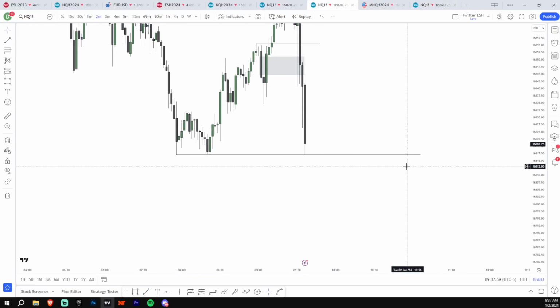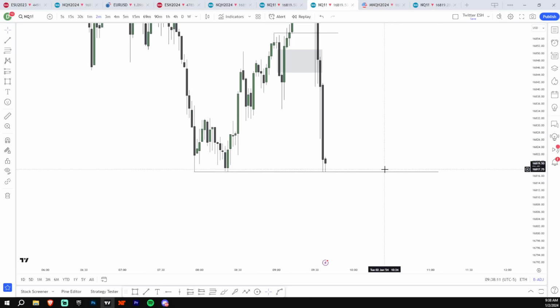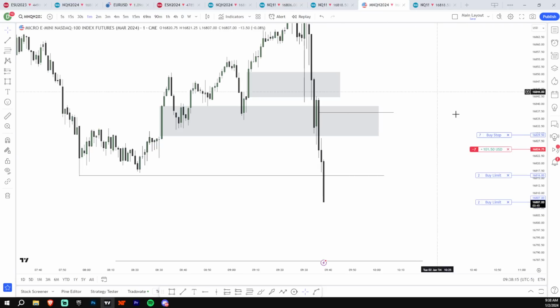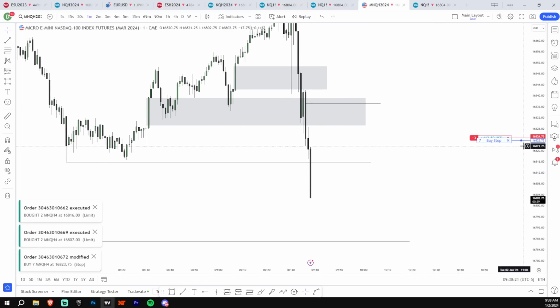Just have to make sure NQ doesn't. So NQ made triple equal lows there. Good sign. Yeah, someone is defending 817 very badly. There's a lot of contracts traded at 817. NQ takes out that low, stop goes to break even. All right. So stop to break even there. Scale 2. I scaled actually 4 there. So now I'm 3 left.